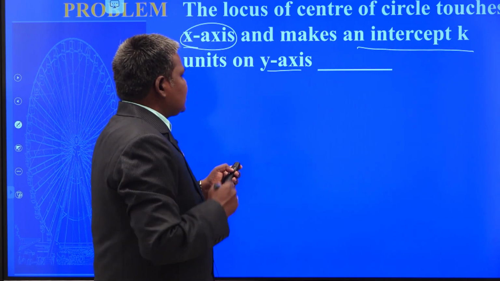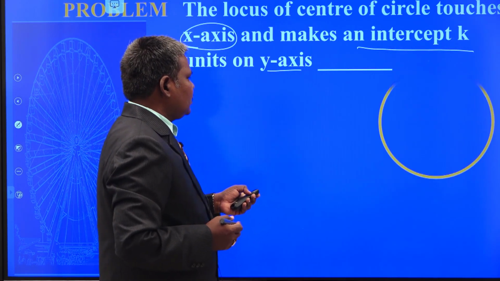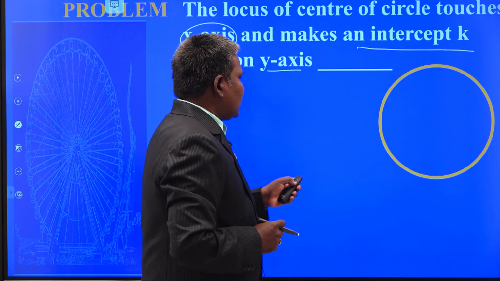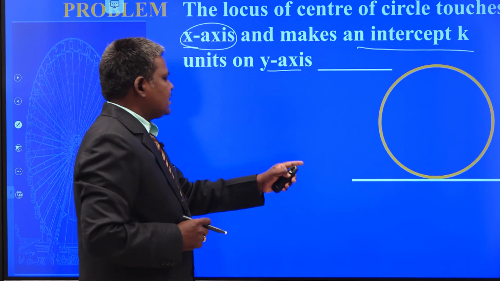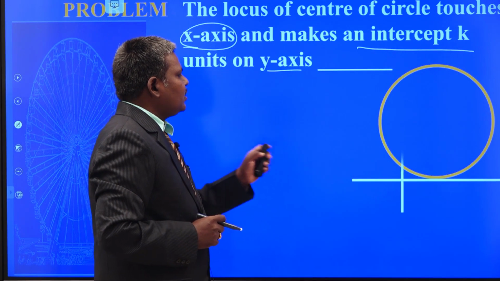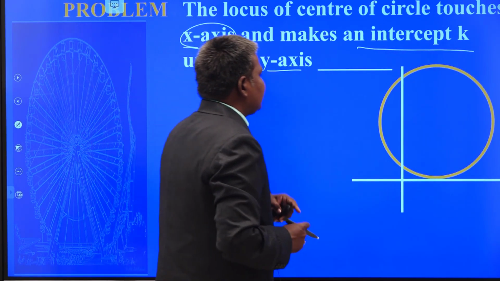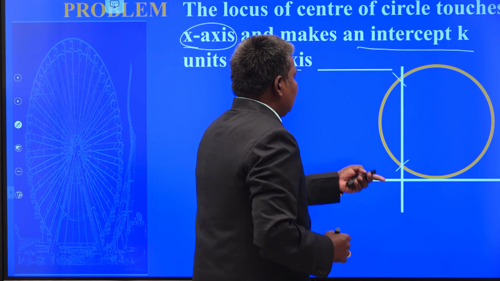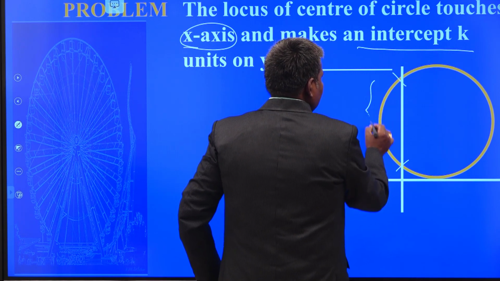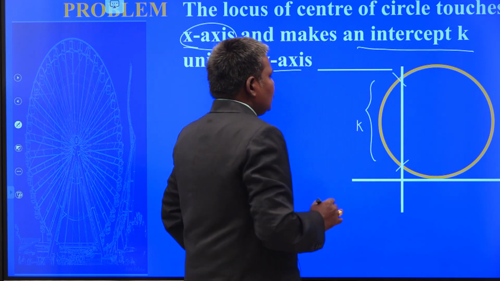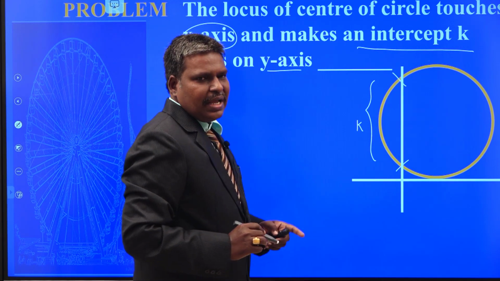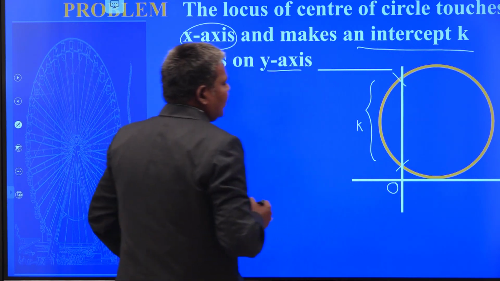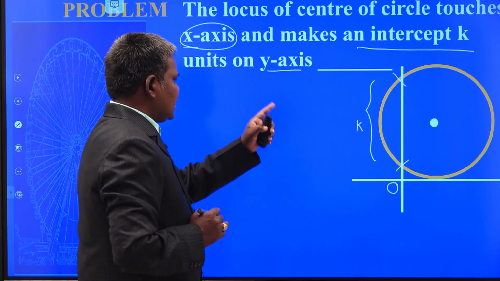Okay. Now let us draw a rough diagram for this one. This is one of my circles that satisfies the given condition. So what is it doing here? The circle touches the x-axis and also makes an intercept of length k units. Already we discussed what is meant by the intercept made by a coordinate axis, either x-axis or y-axis. So the distance from here to here is k units. Your circle touches the x-axis, at the same time makes an intercept of k units with the y-axis. The point of intersection of the coordinate axes is what here? Origin. Now this is the center of the circle.